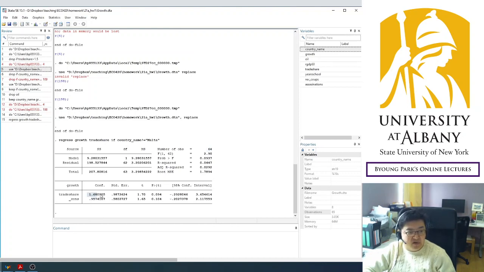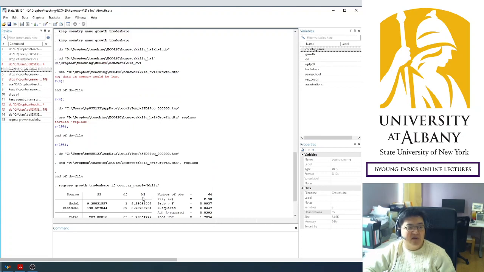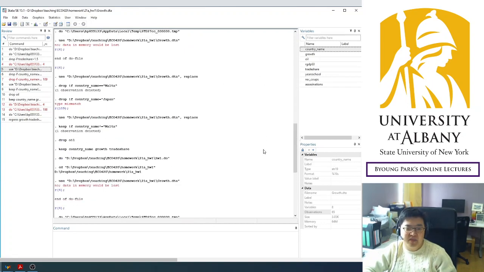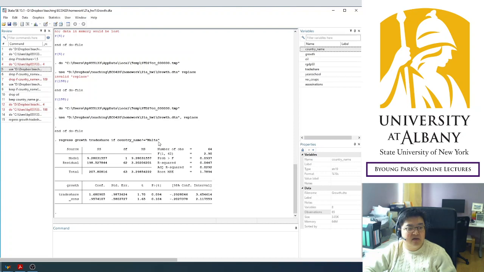And look at the numbers, 1.68 and 0.957. Compare that to the result we had earlier. It is 2.30, 0.64, with 65 observations. So exactly, you dropped Malta by adding one command. And adding the command, it's shown here. By clicking the regression option, you entered this line. So I will copy this and paste it